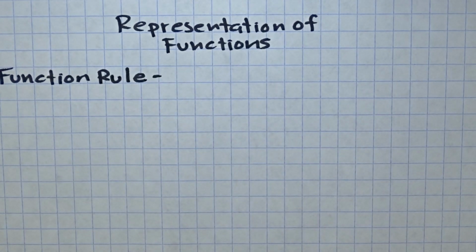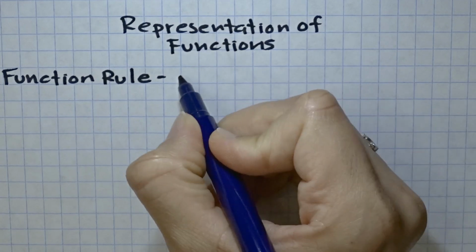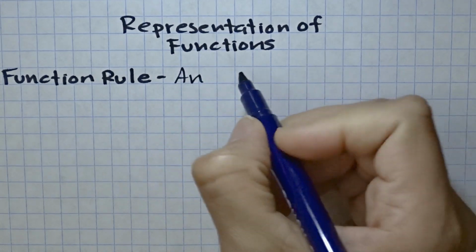And what a function rule is, it's an equation. And it describes the relationship between your input, your x coordinate, and your output, your y coordinate. Sometimes you can look at your x coordinate and then kind of predict, oh, I know what they did to the x, that's how they got the y. And more formally, we see it as an equation. So let's write that down. It's an equation